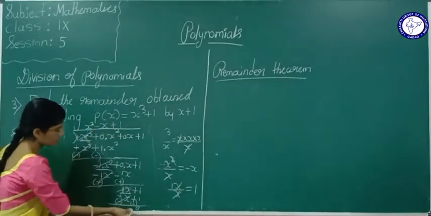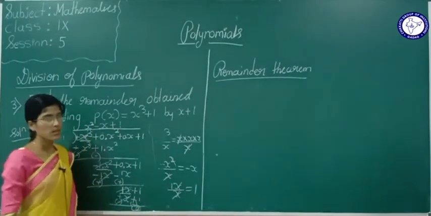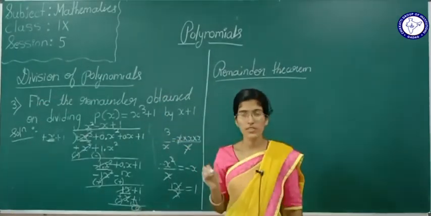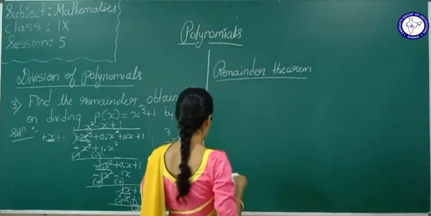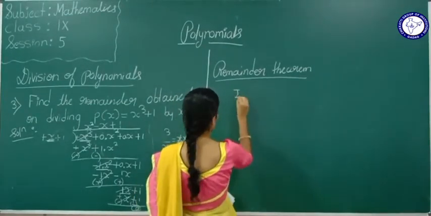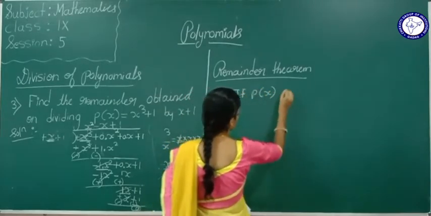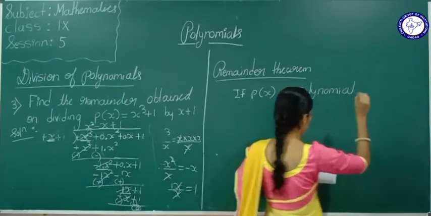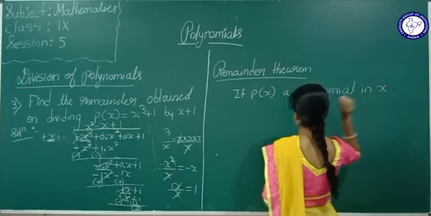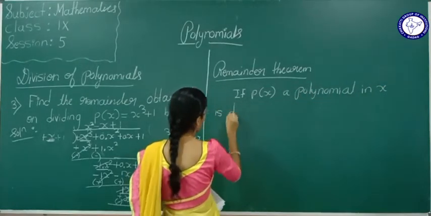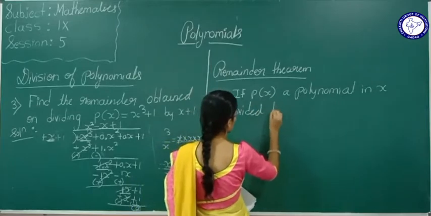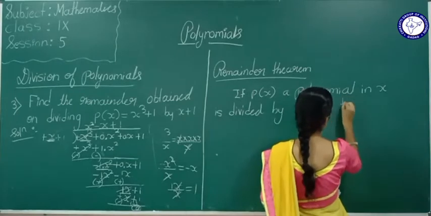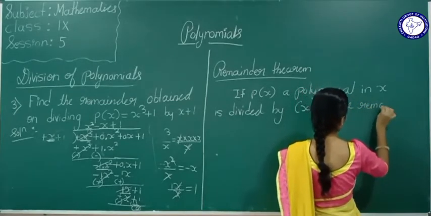See, in this problem we got remainder as 0. Now see here, this problem can be solved by the remainder theorem. So first we will see what this remainder theorem is. The remainder theorem tells us that if p of x, a polynomial in x, is divided by x minus a, the remainder is equal to